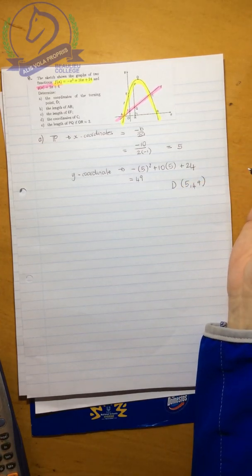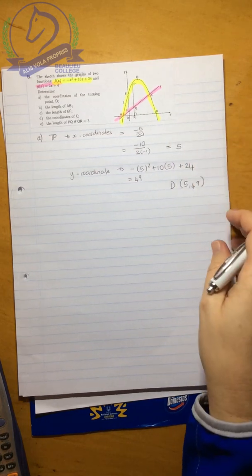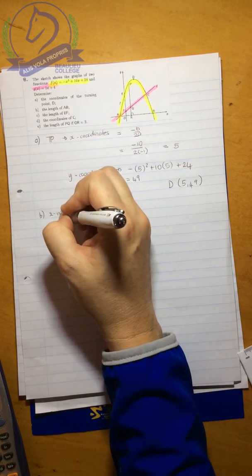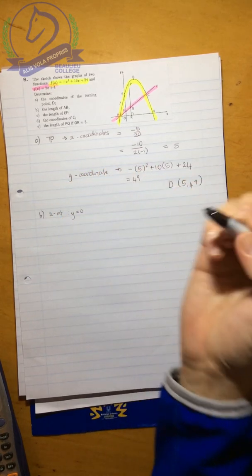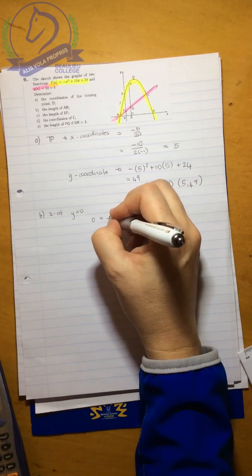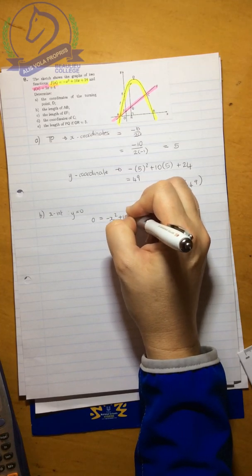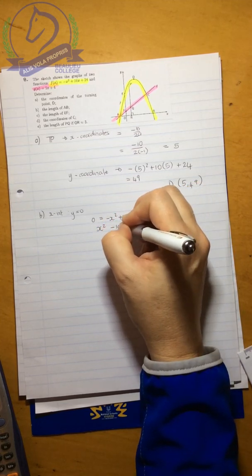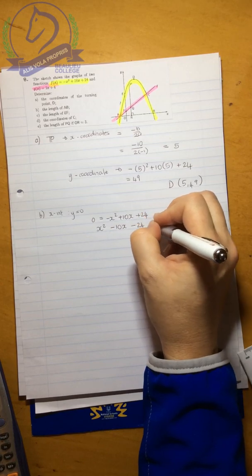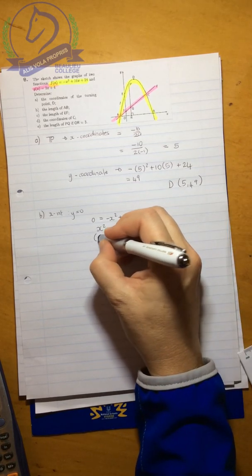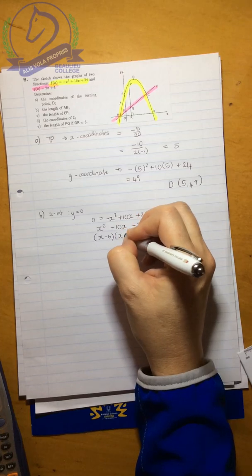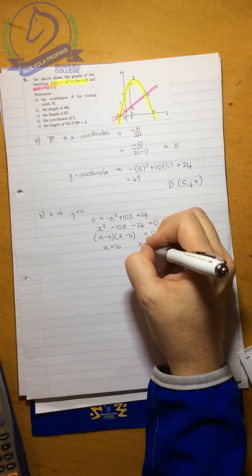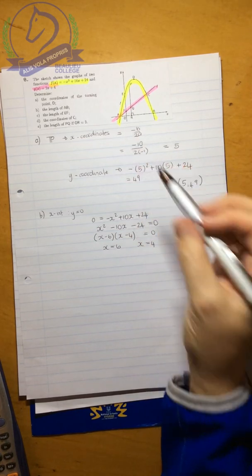Right, so the length of AB, so I need to find out the x-intercepts. How do I work out the x-intercepts? Make y 0. So 0 equals minus x squared plus 10x plus 24. Move everything to the opposite side so that I have a plus x squared. I'm going to use minus 6 and minus 4, and that means x is 6 or x is 4. Meaning,